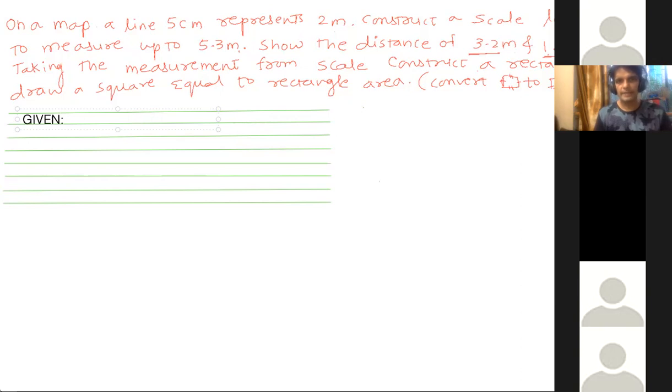On a map, a line 5 centimeter represents 2 meter. So they haven't given RF over here, but we need to find out RF. To find RF, we require drawing length and actual length. So the 5 centimeter is what we are drawing. Represents 2 meter is the actual thing. So we have to write drawing length. Drawing length is equal to,